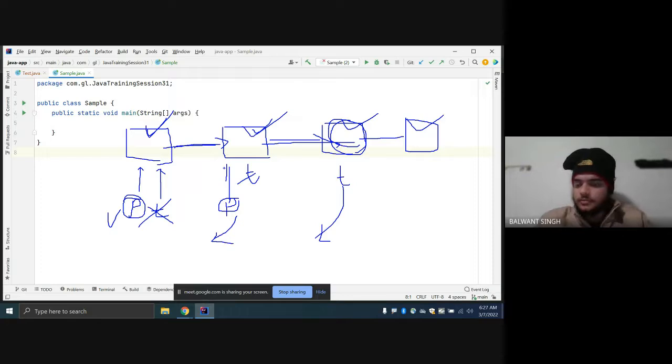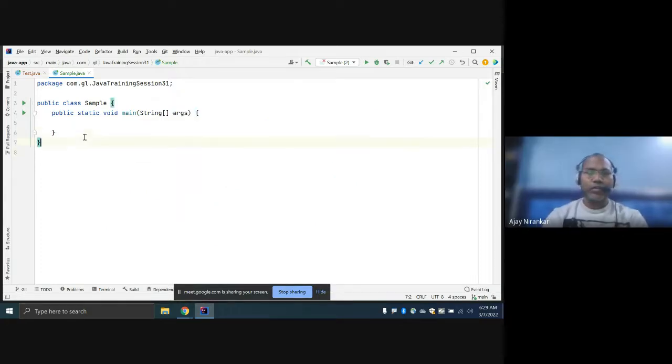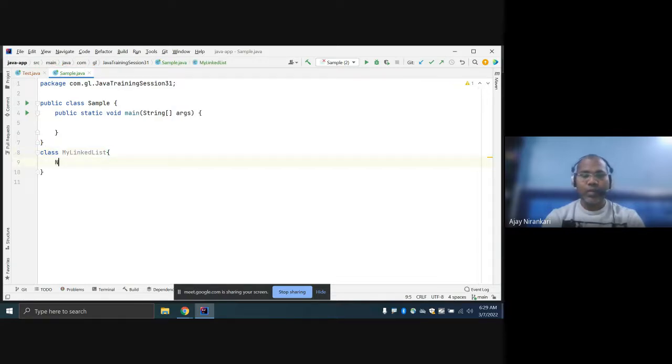No, sir. So let's write the code. As usual, write my linked list, and we have a node. Let us create the same here, a static class Node, because the node is needed only once.